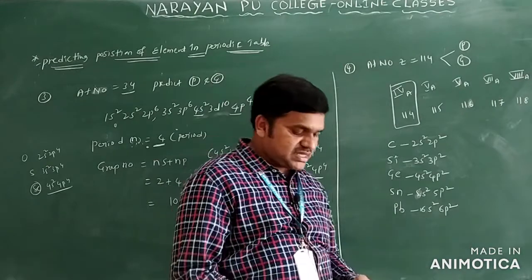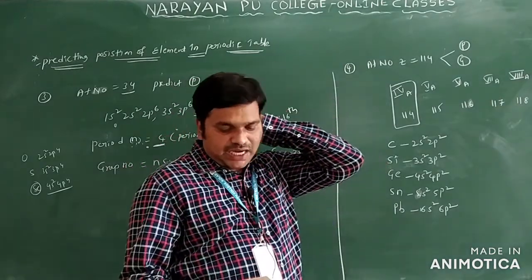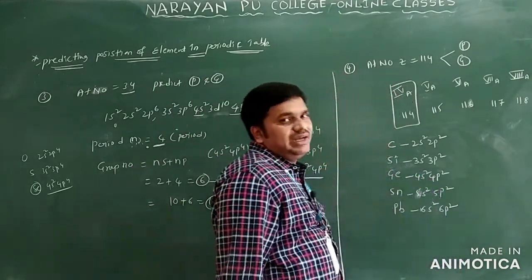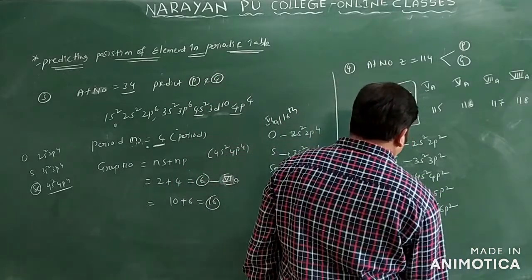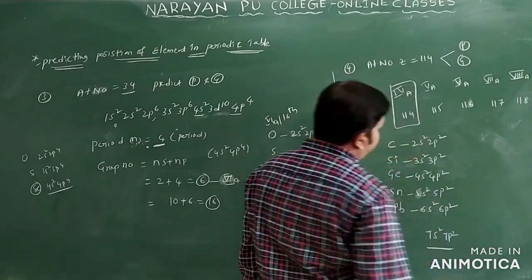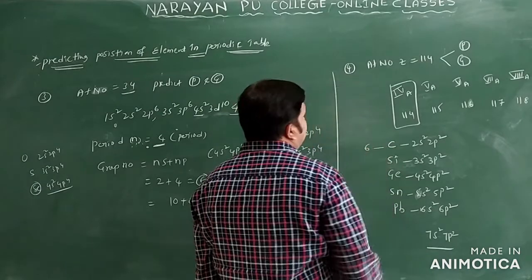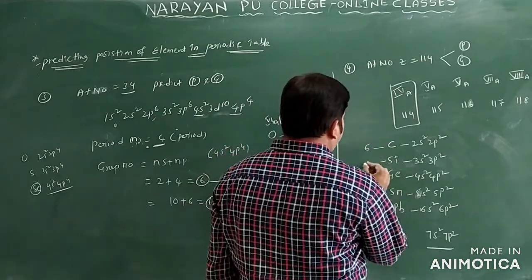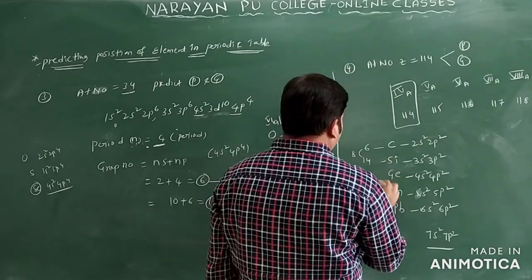But you can see the atomic numbers of these elements. You can see 114, suppose you are telling. 114 may come after lead only. If you take the lead configuration, after lead, suppose you are writing, we may write here 7s2 and 7p2 only. So suppose you give the numbering, what you will get here? Carbon atomic number we have 6 only. So 6 plus 8 we have 14. This is 18 only.